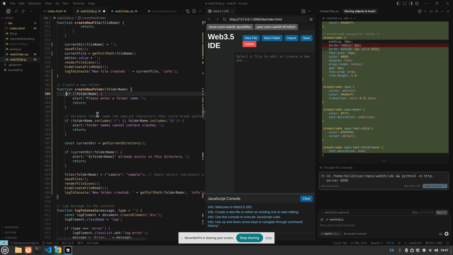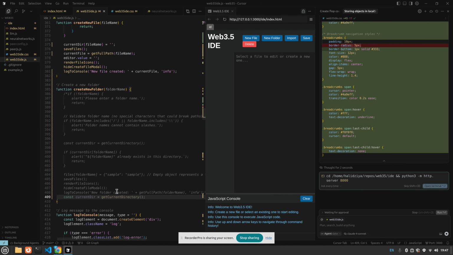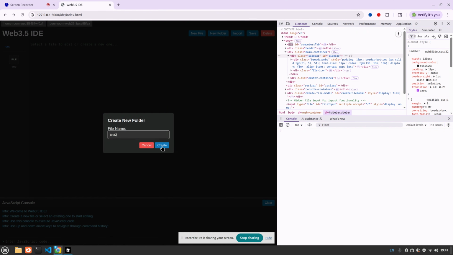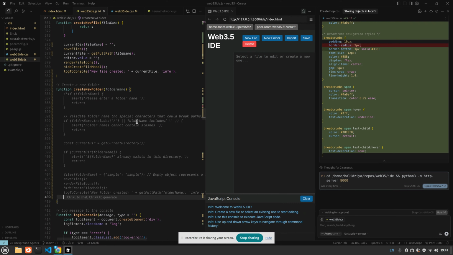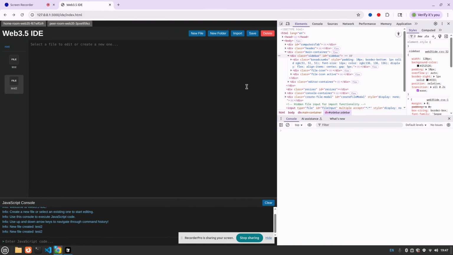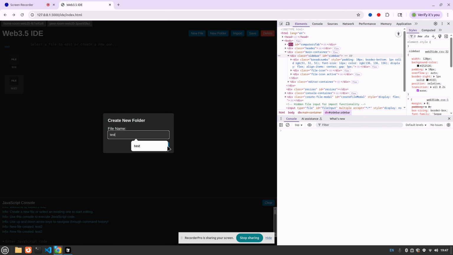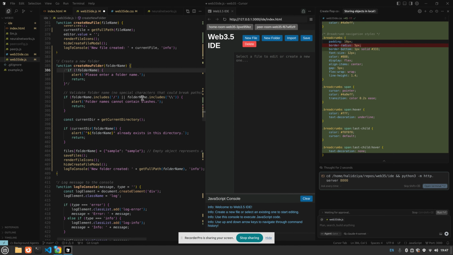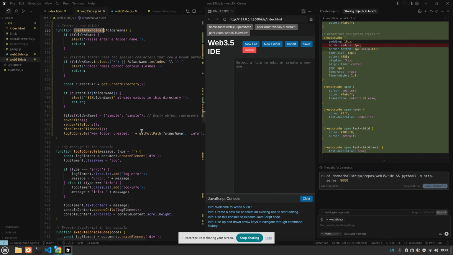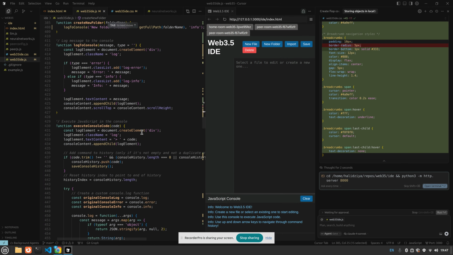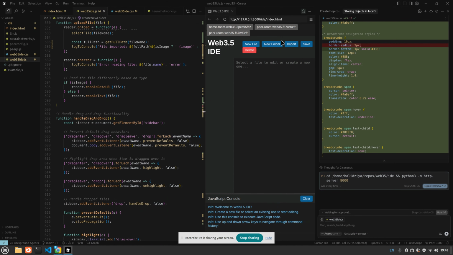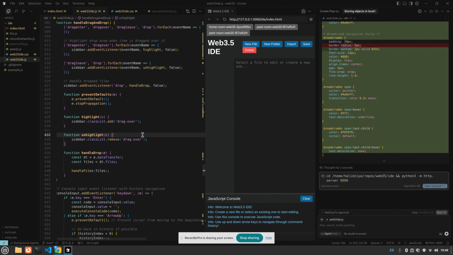If it doesn't do anything here, will we see any result? Let's test that way. Okay, new folder, test2. Actually, it's creating the file. It shouldn't create the file. It should create the folder. Yeah, that is the wrong thing. So the event is not related to this one. Create folder. So the new folder button